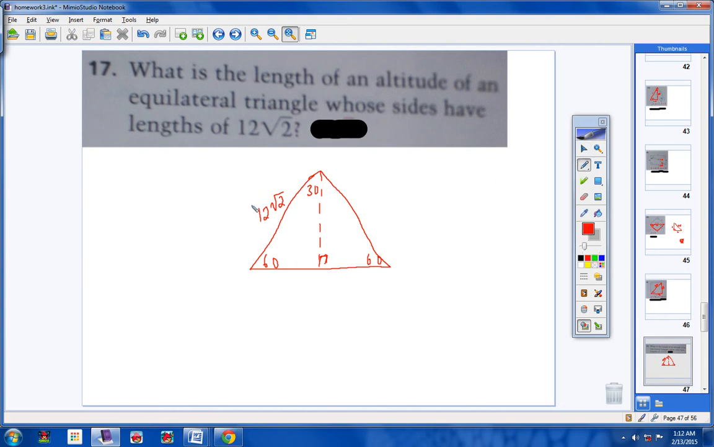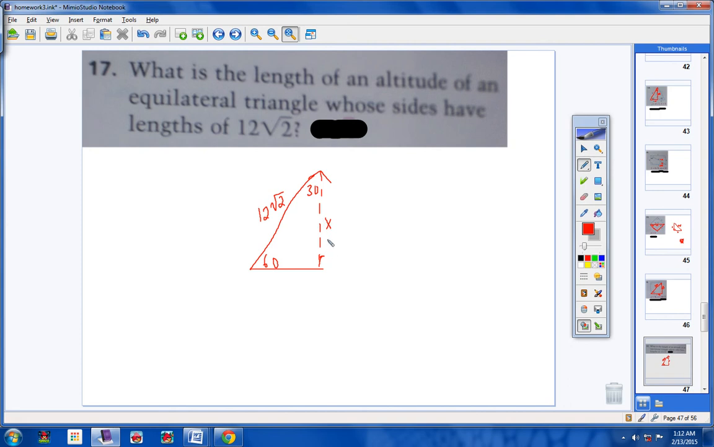Now, here's what we have, students. Please look carefully. What is the length of the altitude? So they want us to find this line right here, the length of the altitude. I'm going to call that X. And we really don't need this part of the triangle over here whatsoever. If we're looking for X, all that we need to know is we have a really nice 30, 60, 90